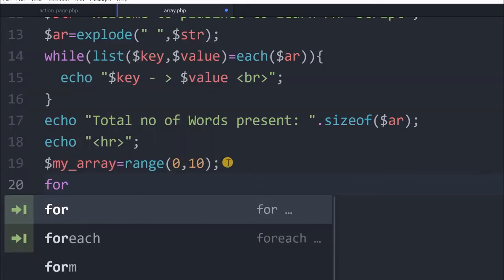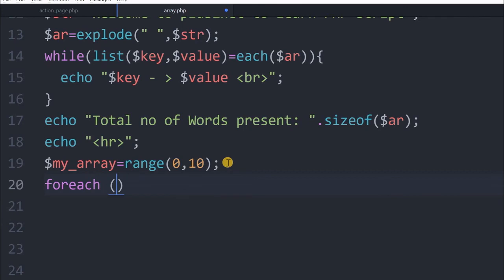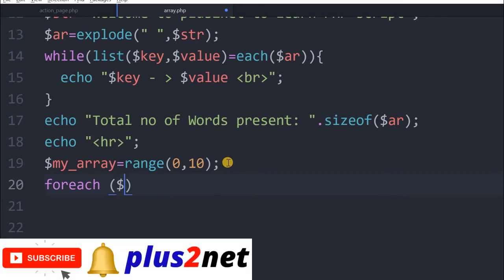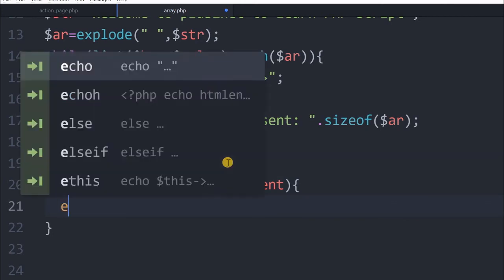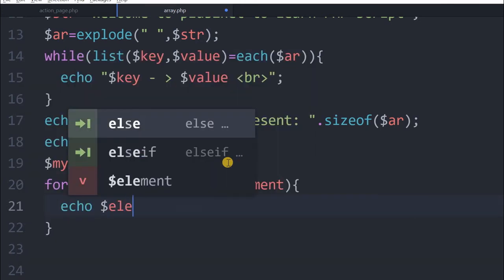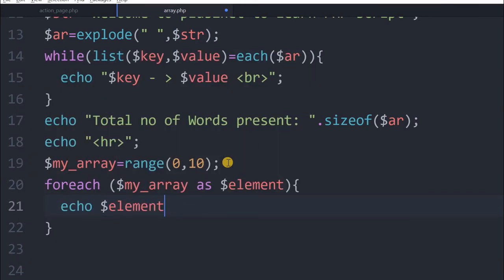So we'll display it. We'll use foreach. For each, now we'll say my array as element. This variable will take it. Now we'll display the element.